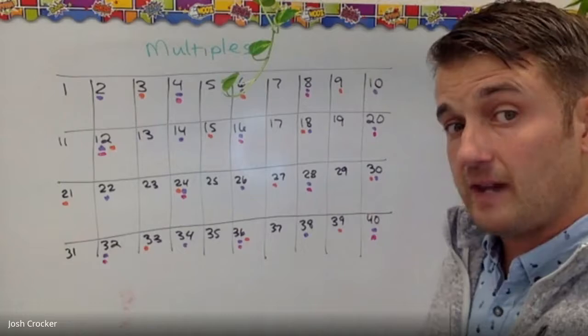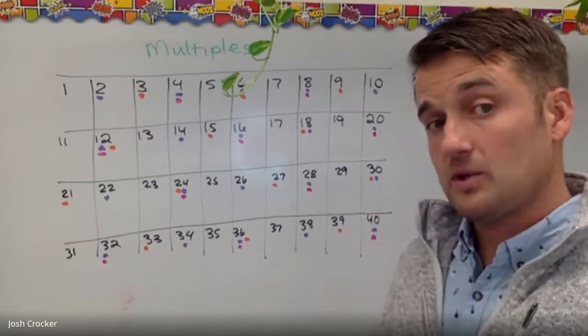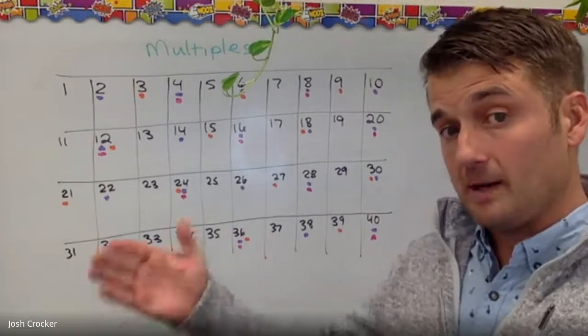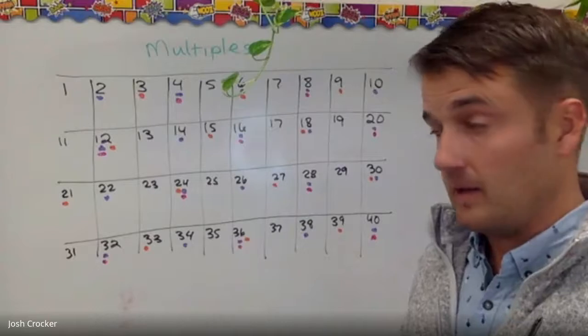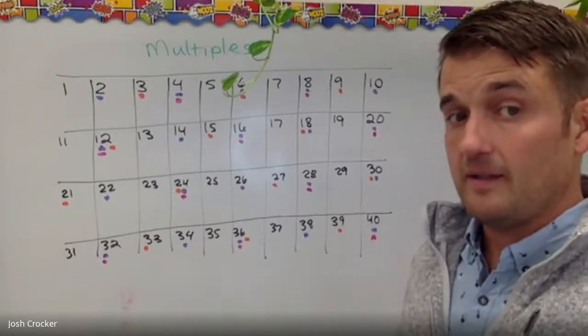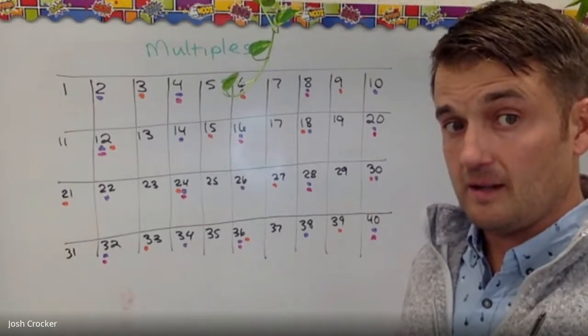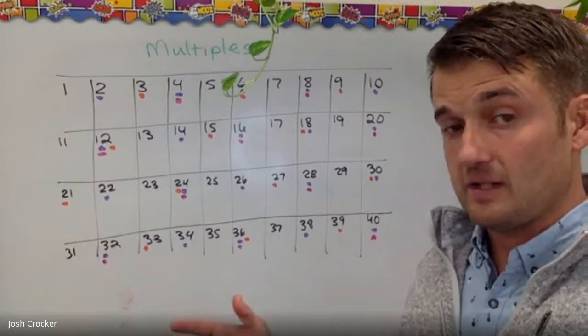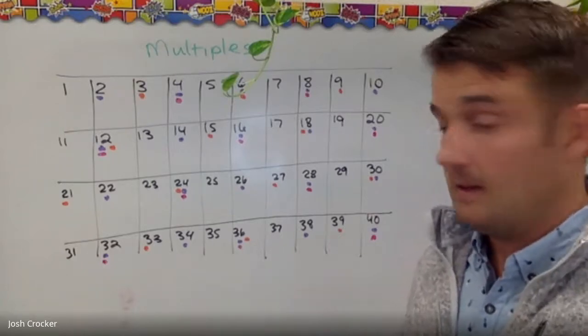So multiples and factors are related. Okay, multiples are what you get when you count by a number. Factors make that number. Okay, so I can use 3's to make 15. That means 3 is a factor of 15. Okay, when I count by 3's, I say 15. That means 15 is a multiple of 3. Okay, so